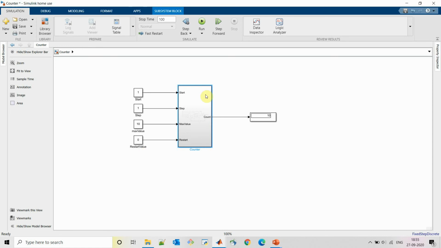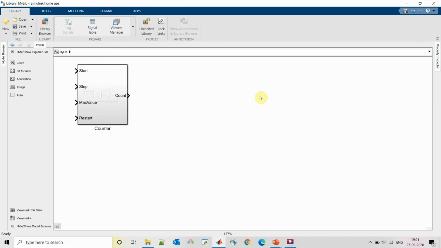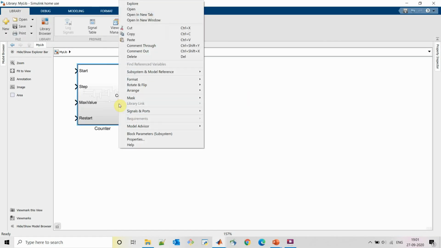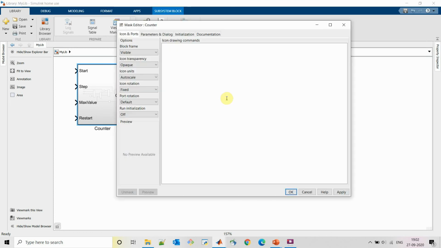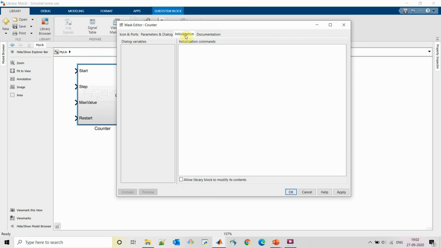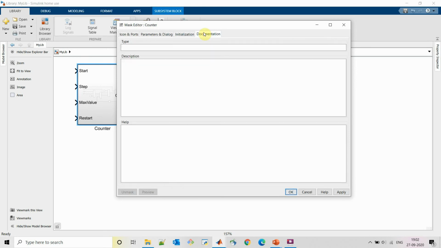Let's add some properties to our library blocks by editing its mask. To add different properties to our newly created library block, right click on the block, go to mask, create a mask. It will provide us different options like icons and ports, parameter and dialog, initialization and documentation.